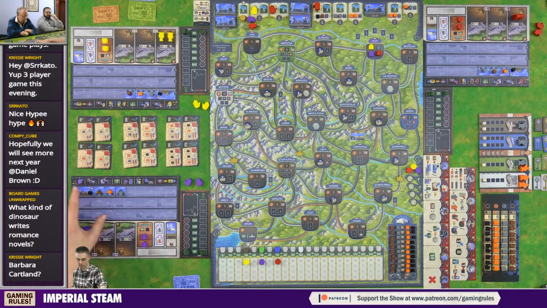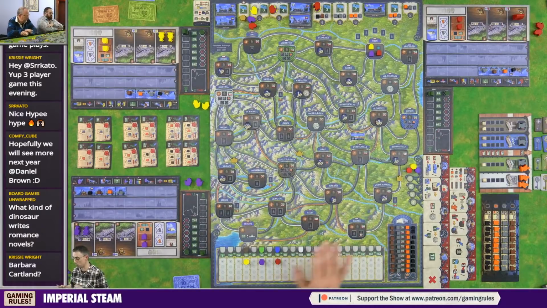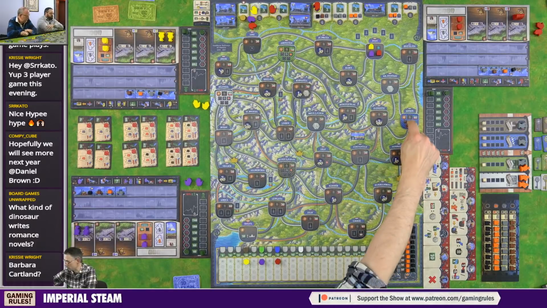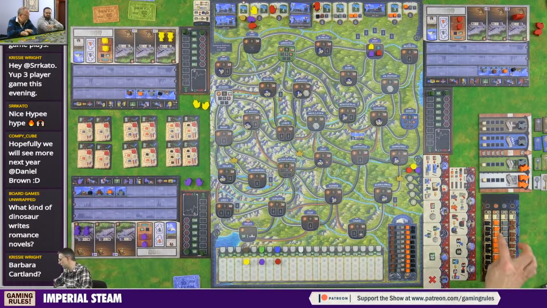It costs you a coal, which has to be on your player board. So you spend a coal, you take a cube from one of your factories, you run it along your route to a city that needs it, which, as we've mentioned, could be a hub city, or it could be Linz, or it could be Graz. You then get,